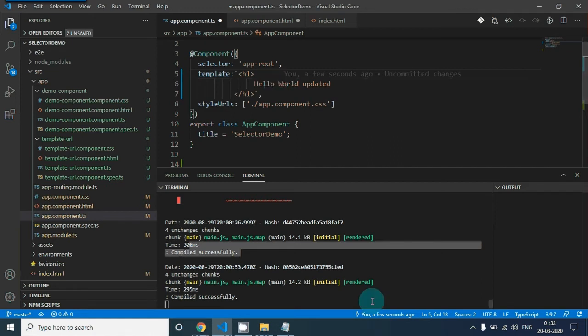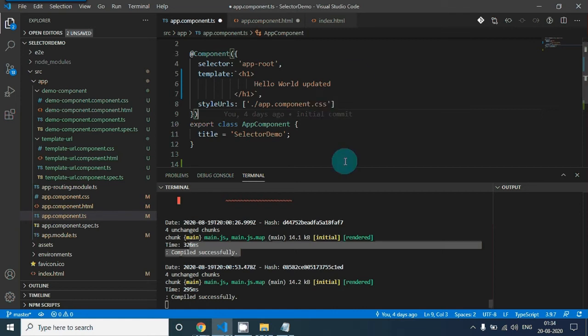And this component will look ugly, because at this point of time, we have only 3 or 4 lines of code. Let's assume that we have 100 lines of code. Your component will look ugly in that case. So the difference between template and template URL is that in template, you write your HTML in the component itself. However, in the case of template URL, you write your HTML in a separate file, and you give the path of that file in the component, as we saw now.